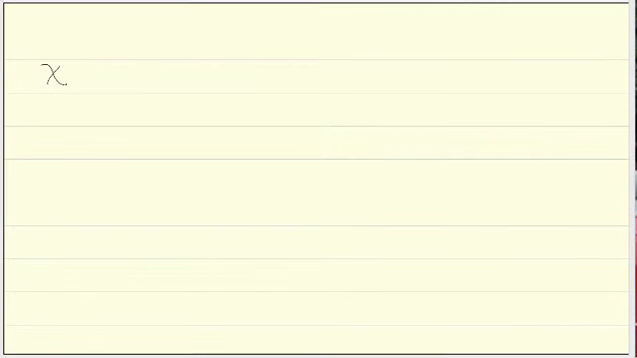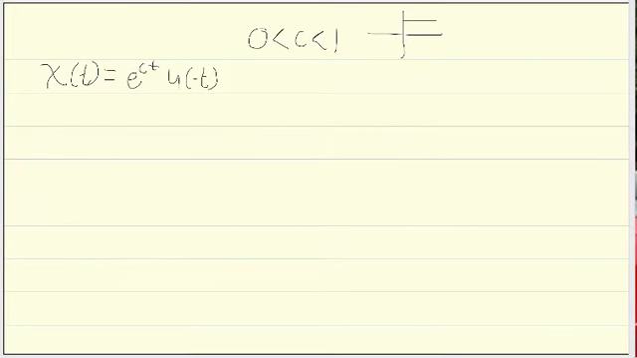We're dealing today with x of t equals e to the ct times u of negative t. And that negative t is going to matter here later. Now c is defined between 0 and 1, so it's just a small number. Now this e to the ct, normally with u of t, once we pass 0, we're 1 forever. Well, u of negative t is the same thing, just shifted about the